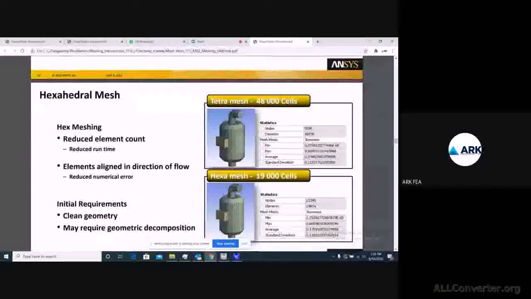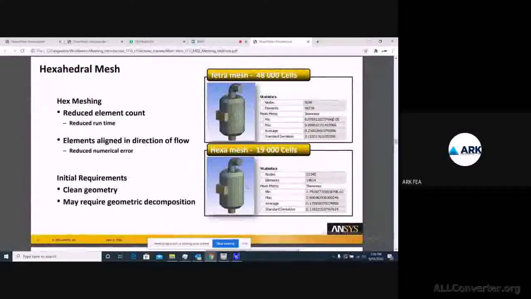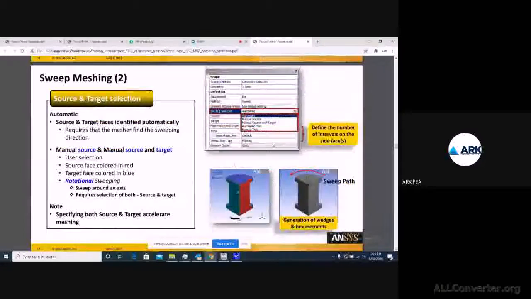Now you can see the geometry here when you deal with a hex kind of mesh, and when you deal with a tet kind of mesh. In terms of hex, you have 19614 elements, whereas in terms of tet, it is 48738 elements. So definitely, wherever possible, you can use hex elements so that you reduce your numerical count of elements, and then you can have fast results, right?